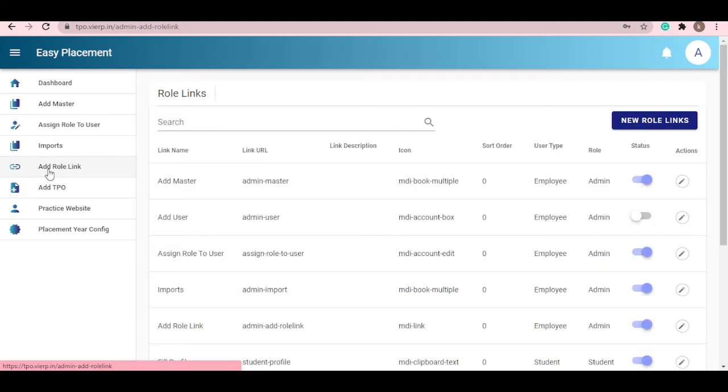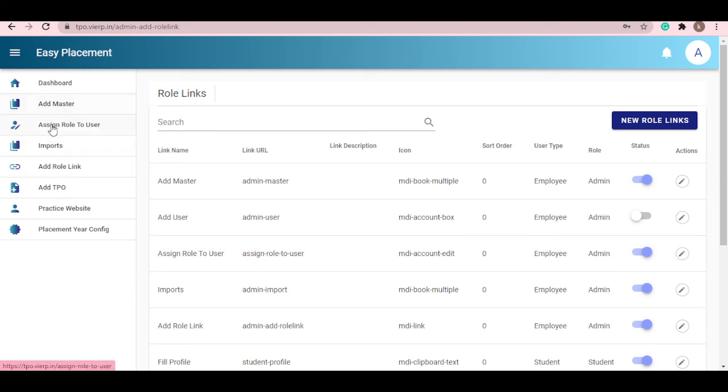Next, this is the add role links. Whichever links are visible here on the admin side have the active status, so that's why they are visible here. If you observe the admin role in this column, admin has the add master link, assign role to user link, import link.